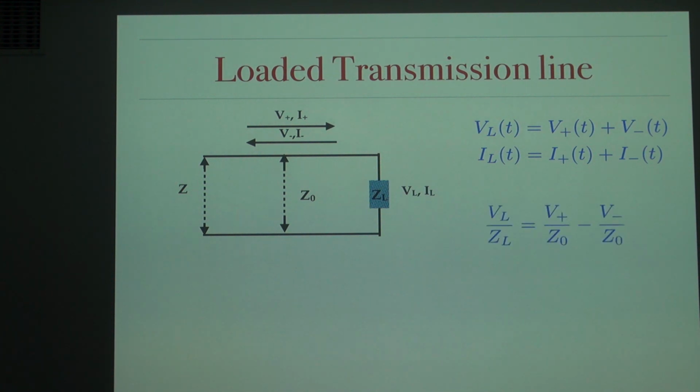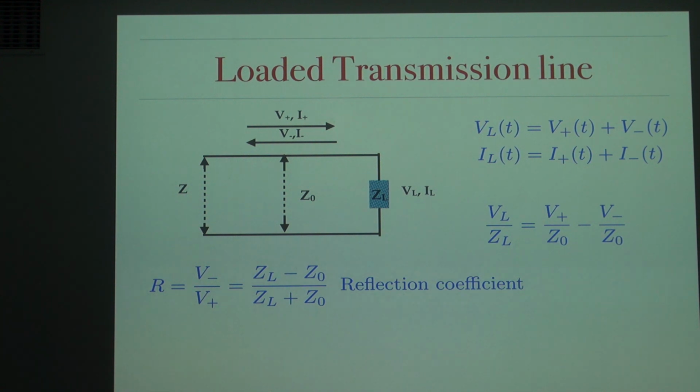And this is some very simple algebra which produces the formula I have here, that the voltage of the load divided by the complex impedance of the load is given by this simple formula. And